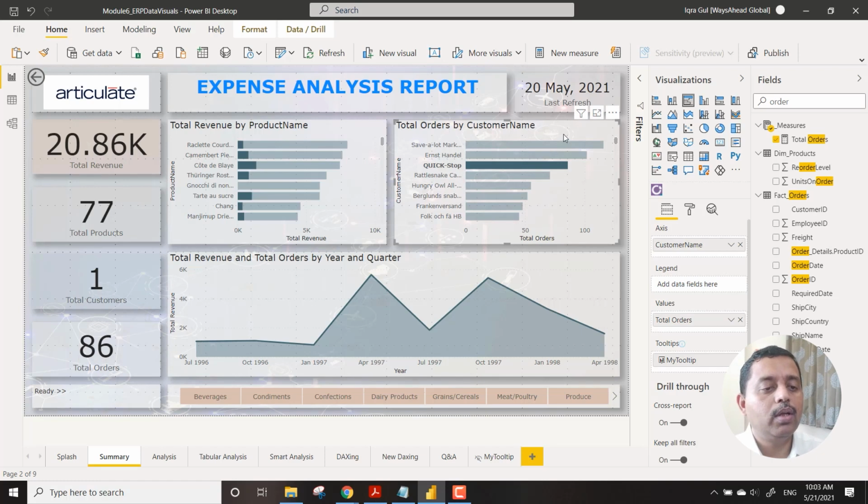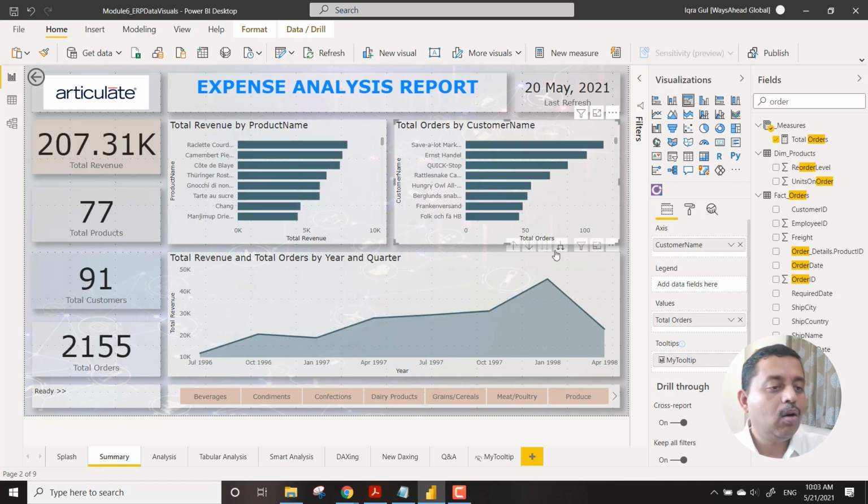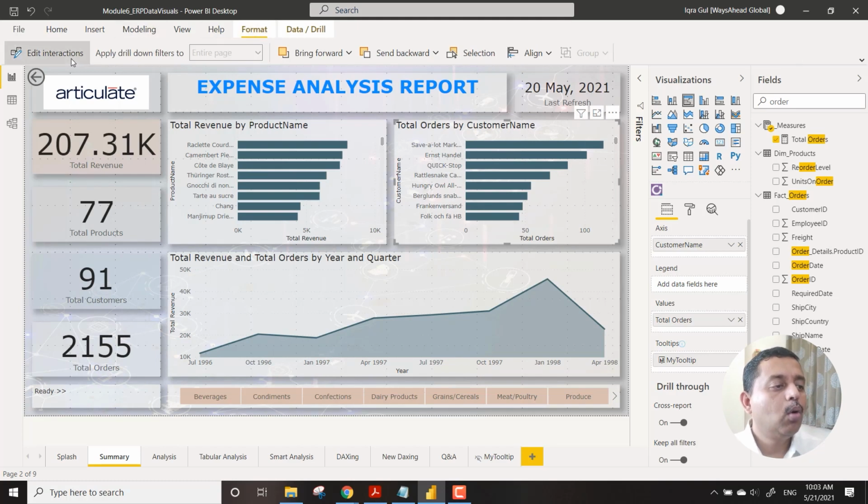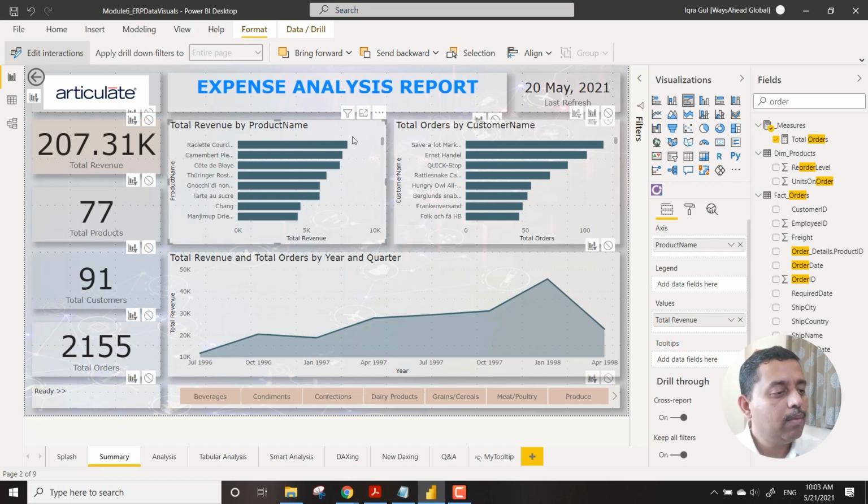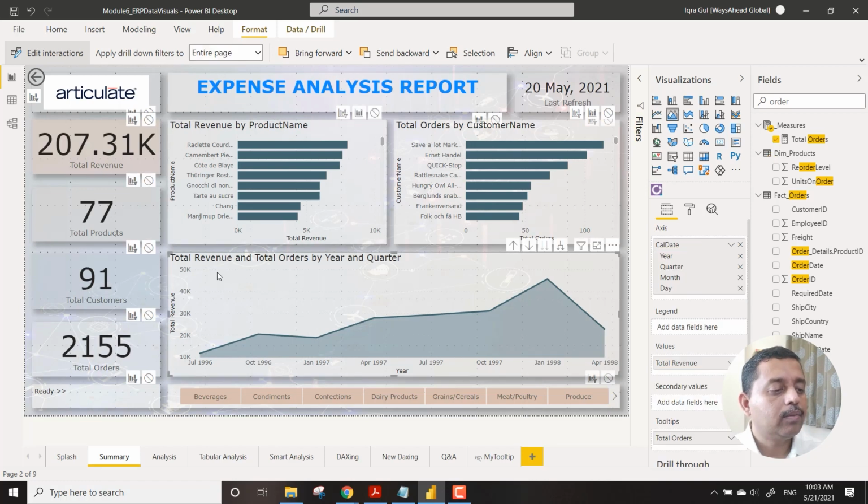So what you can do is click on this particular chart, go to format, go to edit interactions, and say that you don't want them to talk. These all four. Same goes here. You say that you don't want them to talk. So this will always be static.